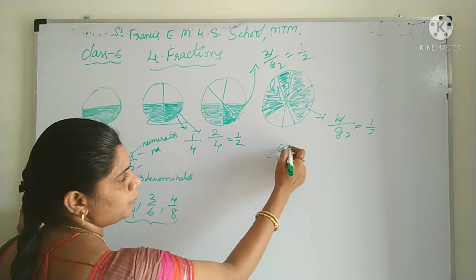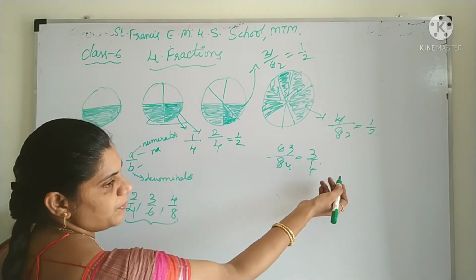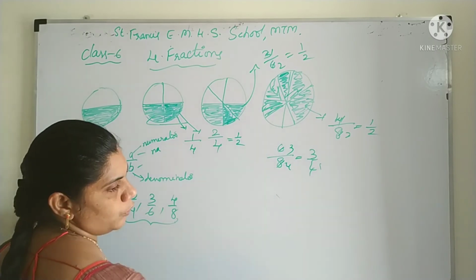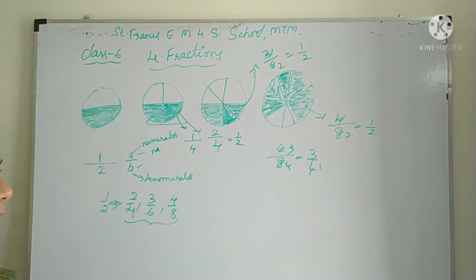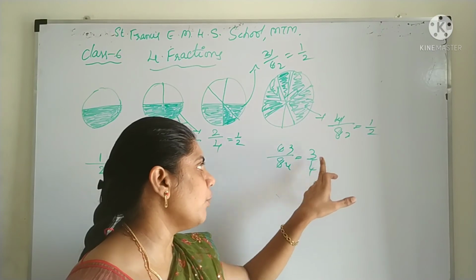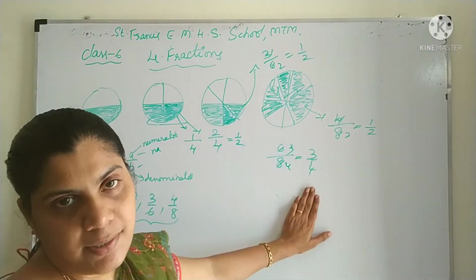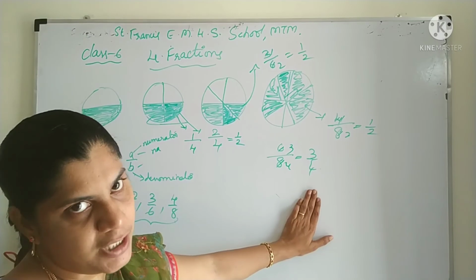With the 2 table, 2 3s, 2 4s. What are you getting here? 3 by 4. Further, can you reduce this one? No. With any table, it will not go. So for this fraction, only with the 1 table can we cancel here, right? 1 3 times 3, 1 4 times 4. So we can't reduce this one further.